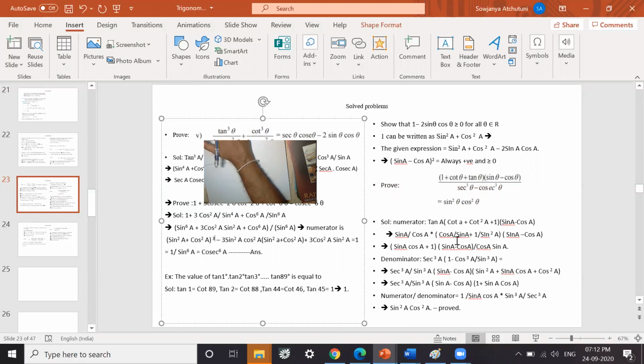So what we have done, we have taken the numerator separately and converted into sin cos. We have taken the denominator separately, converted into sin cos. We have made them factors so that they can cancel out. The thing here is we should know that A cubed minus B cubed is equal to A minus B into A square plus AB plus B square. Then only we can do factorization. Okay, we go to the next problem.